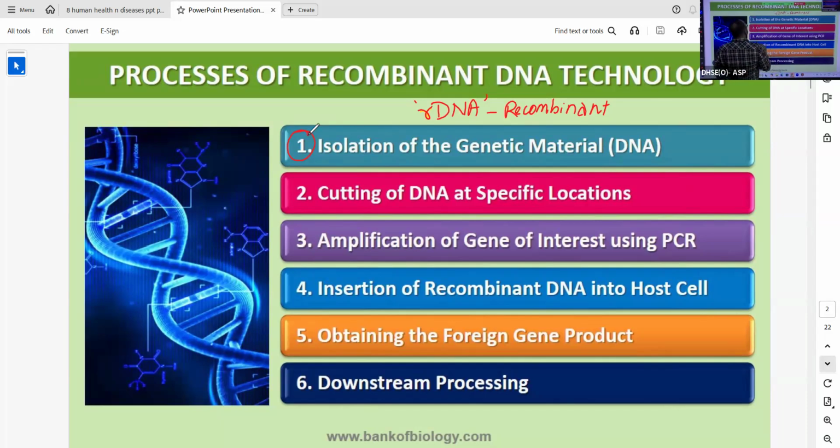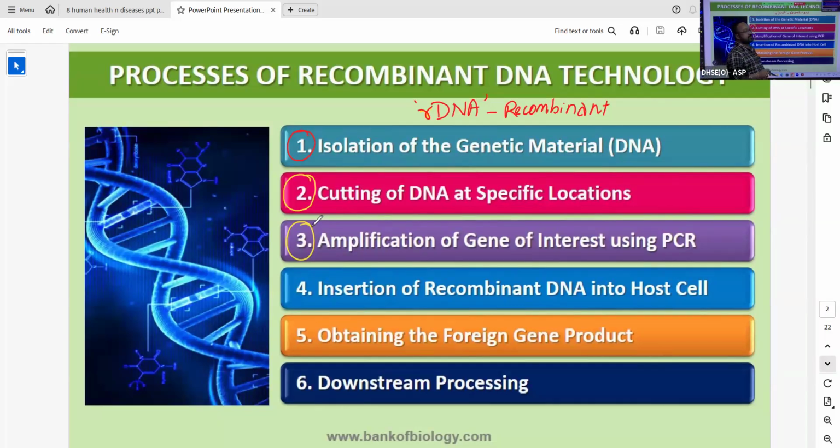Got the point? So these here are basically processes or objectives. ठीक है? देखो, first isolation of the genetic material. उसके बाद second one, cutting of the DNA at specific locations, at those places or sites where we'll have to insert that particular gene or gene sequence, उनको आप काट के अलग करेंगे. Cutting or removal of the DNA at specific locations. ठीक. Then number 3,